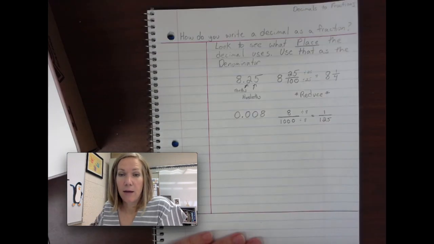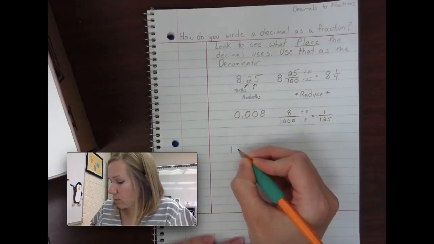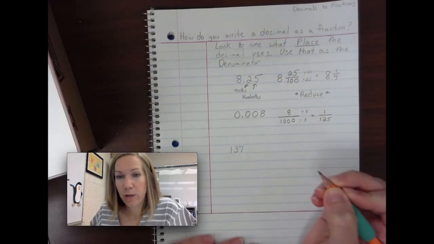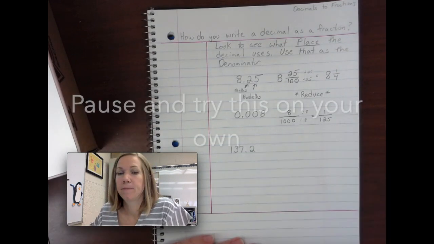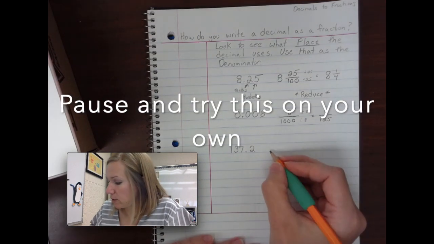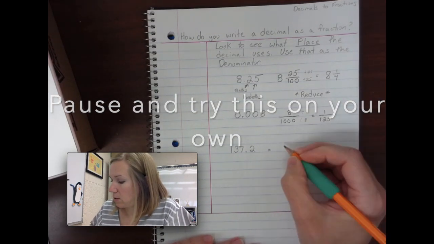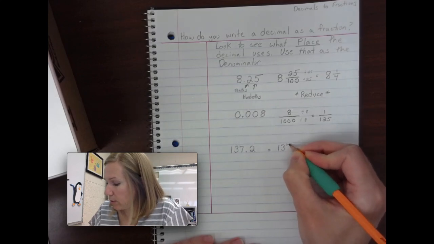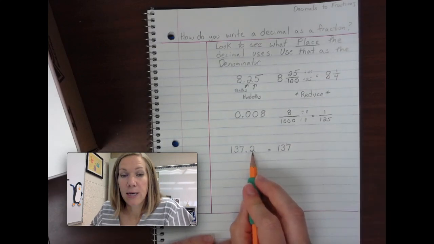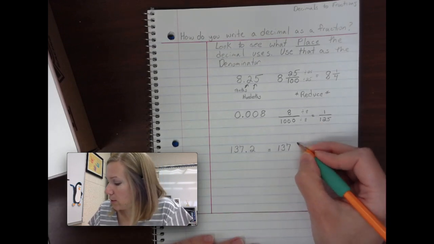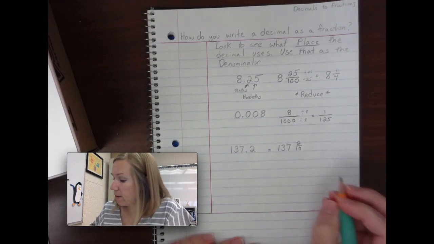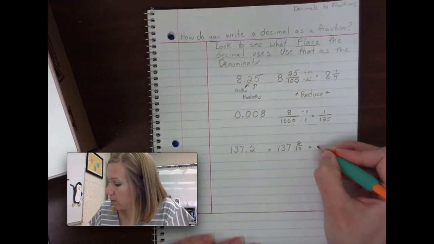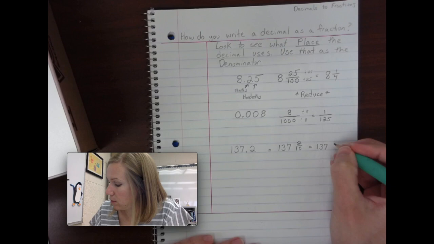Let's go ahead and try one more. 137.2. So once again, this is going to be 137. Remember, you can read this as 2 tenths. This is the tenths place. So 137 and 2 tenths. Once again, we need to simplify this. So 137 and 1